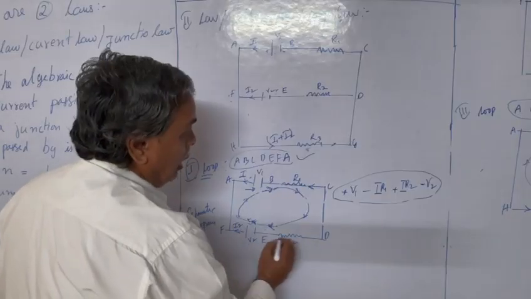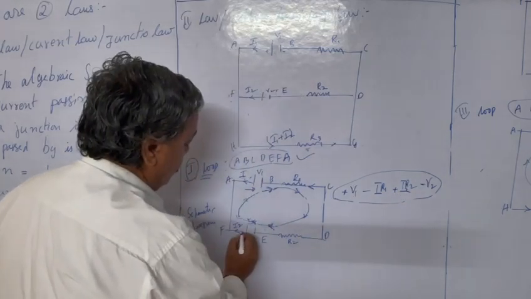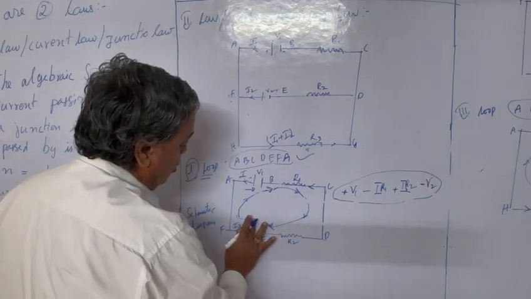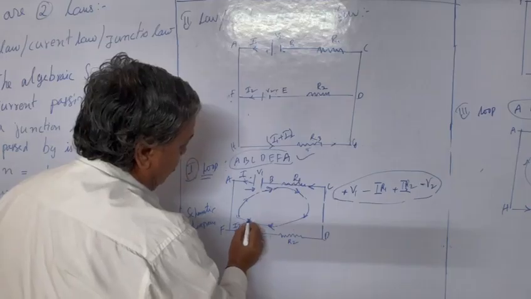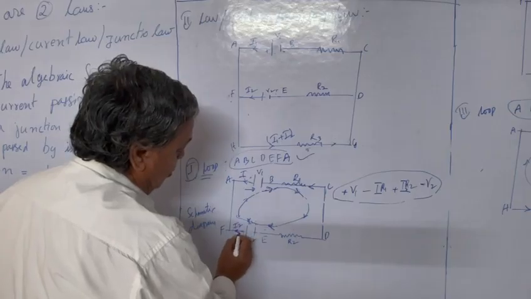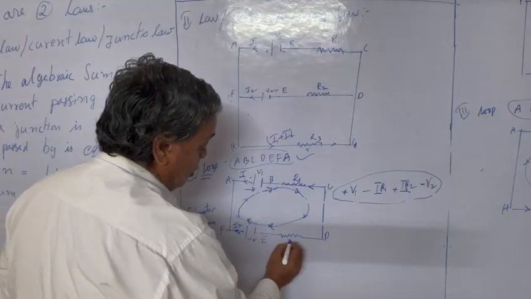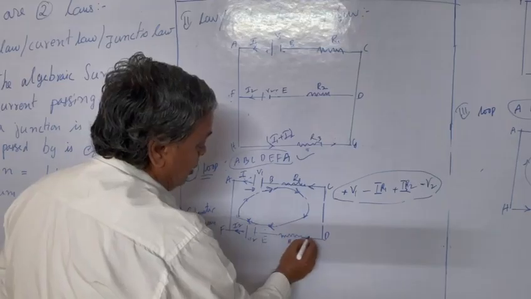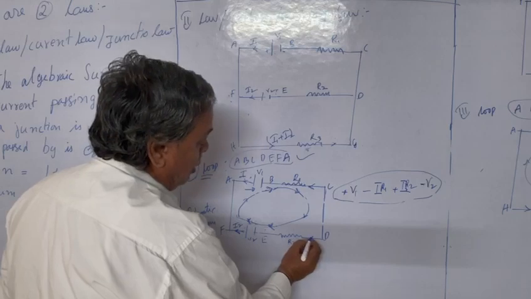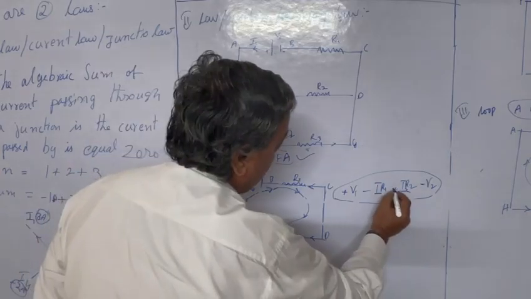Next element, you will have to look at R2. This is I2 R2. I2 goes in this way, and the loop also goes in the same direction. Here the mark is there, the same arrowhead. This is IR current, but not voltage. Here I2 R2, same direction. The schematic diagram's current and the inside loop go in the same direction. That's why I2 R2 is plus.